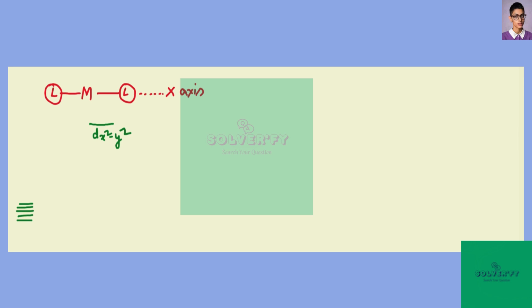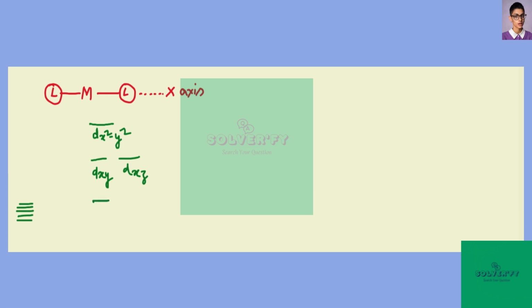After that, the next higher energy is these two, one is dxy and the second one is dxz, and the lowest energy will be